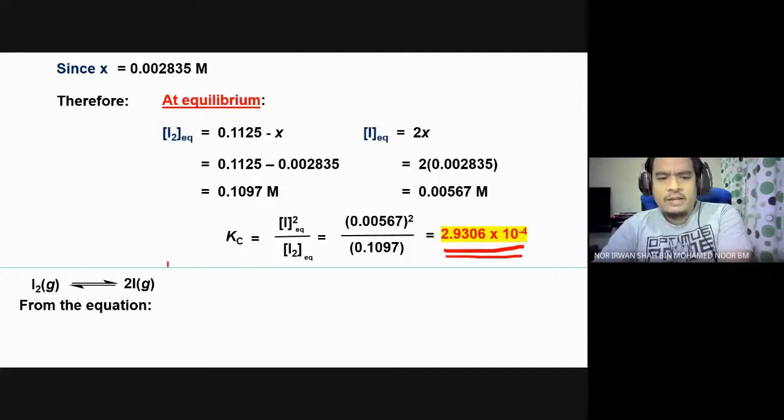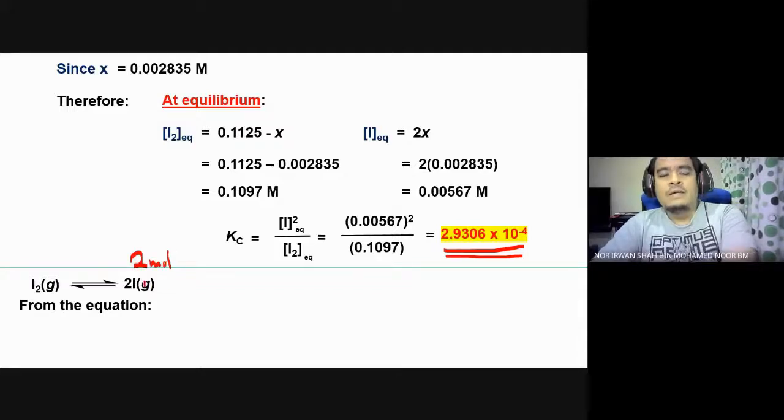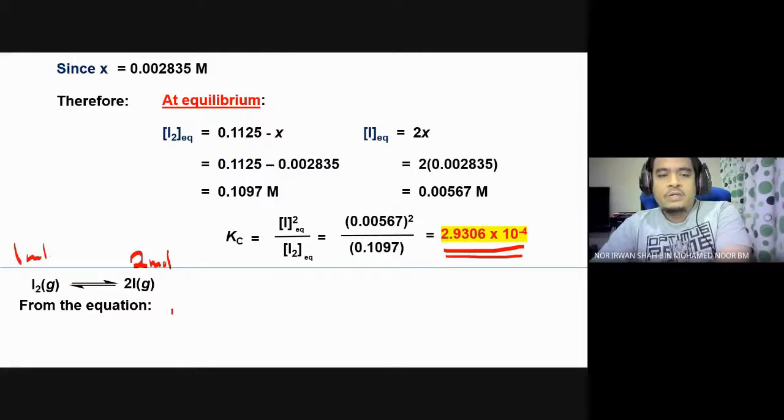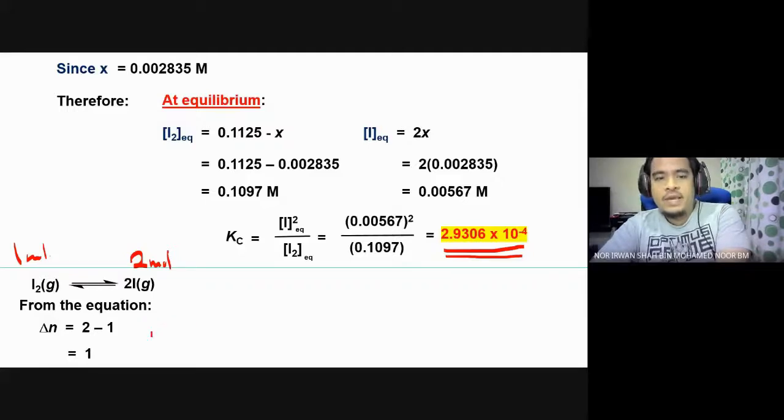Now let's look at the product side here. There are 2 moles of gas, gaseous iodine atoms, on the product side. And on the reactant side, there is only 1 mole of iodine vapor. So to find the value of delta N, it is 2 minus 1, and we are going to get 1. Once we have determined this, the next step, we are going to substitute all the values that we know into this